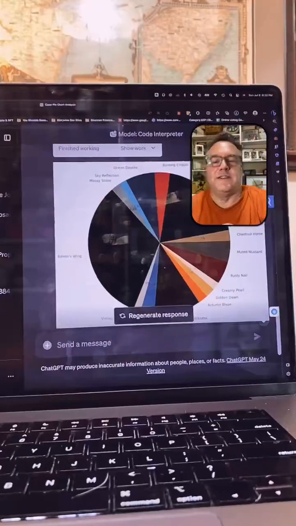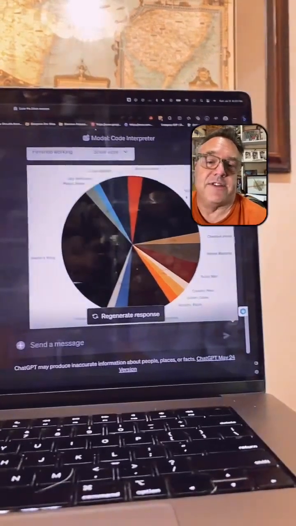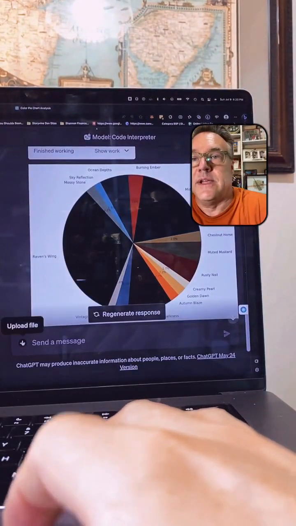What's the coolest thing you've seen or done with Code Interpreter? The thing where I don't think I can see it anymore, because one of the weird things about Code Interpreter is if you go away from it, it kind of erases all of the outputs. Oh, here it is. It's still there. Good. So check this out. This is just wild. And this is just scratching the surface. Like, I haven't really done much with Code Interpreter yet. I just haven't quite figured out what I want to do with it.